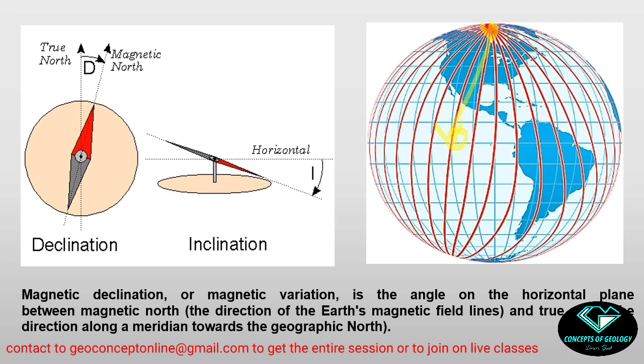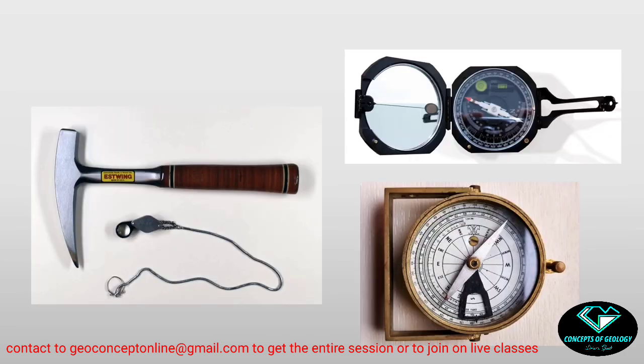So when I am standing here, my compass needle will point towards this, but my actual true north is this one, the blue one. So the angle between them is the declination value. The angle is always measured in a horizontal plane because this is a direction. So declination means the deflection of the magnetic north from the true north. It will vary accordingly on our globe. So after knowing these factors, we will move into the field.